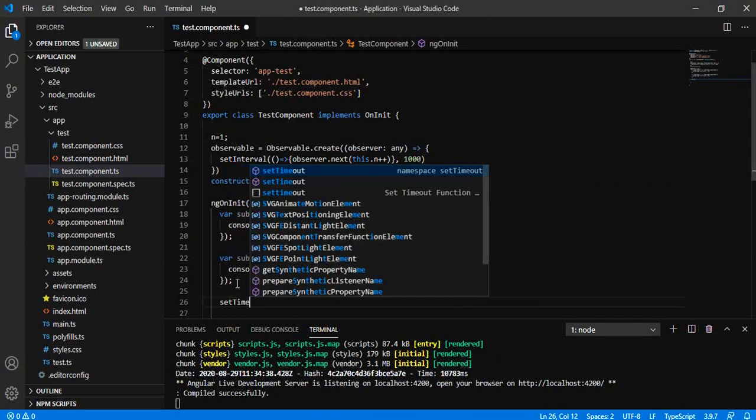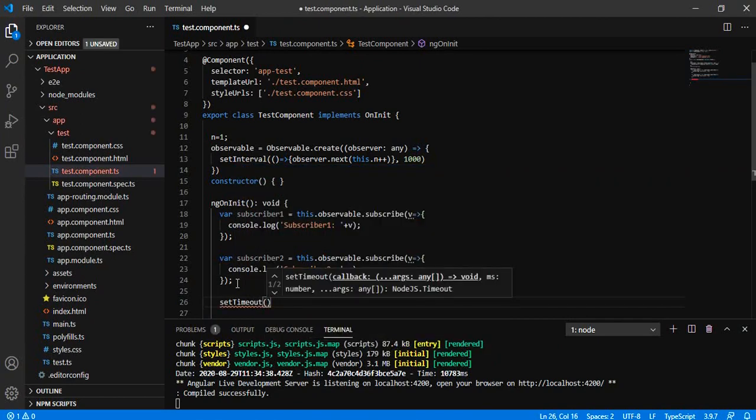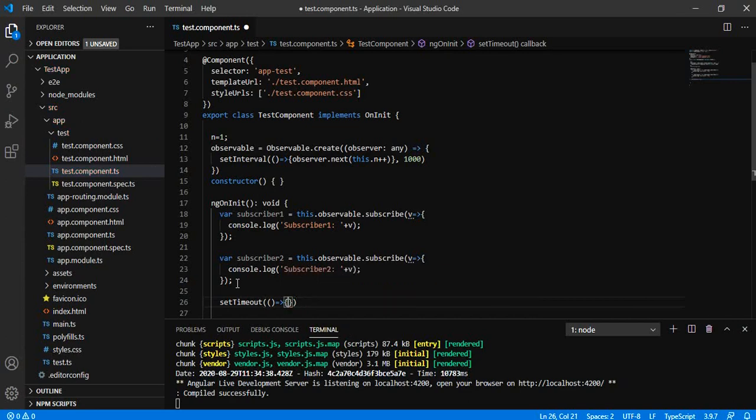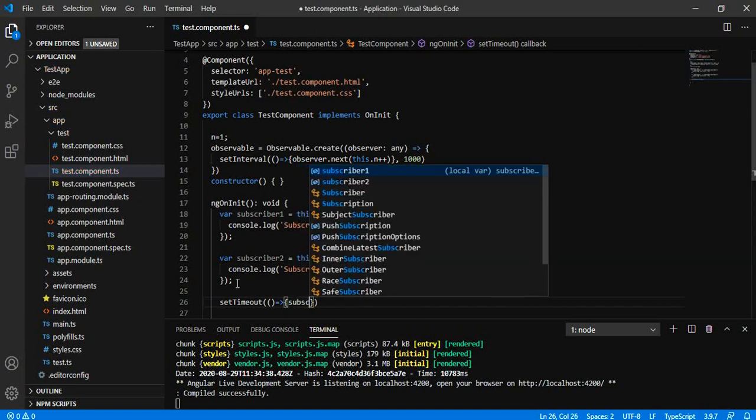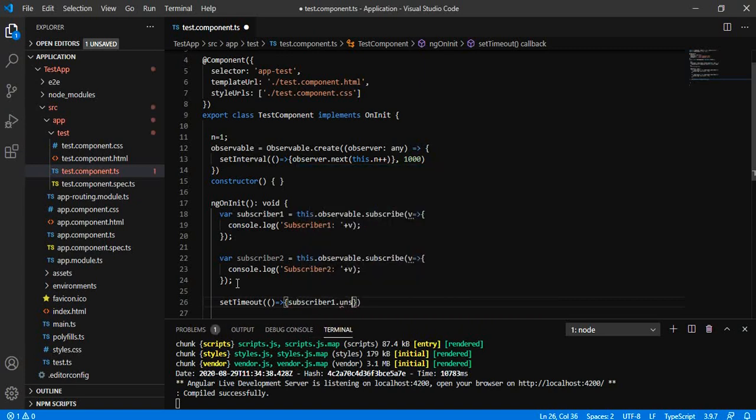Let us say we are adding some timeout. After some time span, the subscriber should be unsubscribed and stop receiving the values from the observable. The observable will keep on sending the values, but this particular subscriber will not receive any further value once it is unsubscribed at 5 seconds.